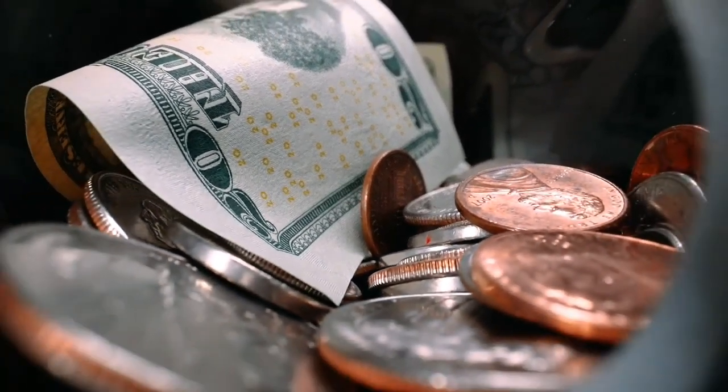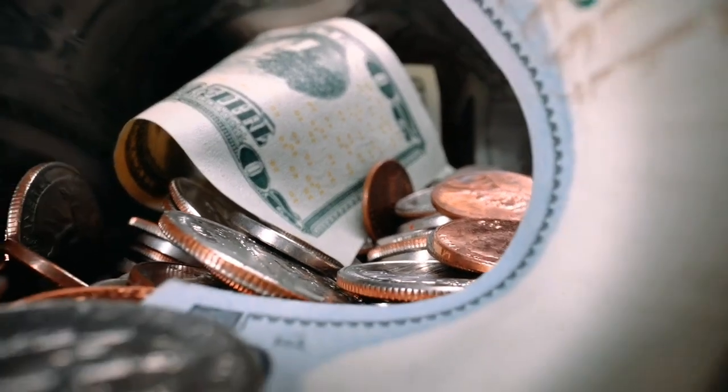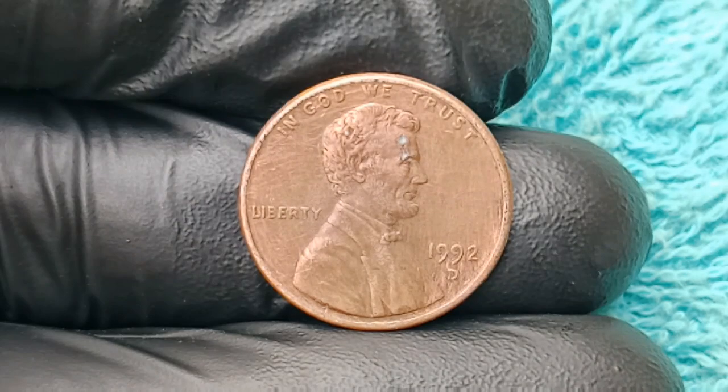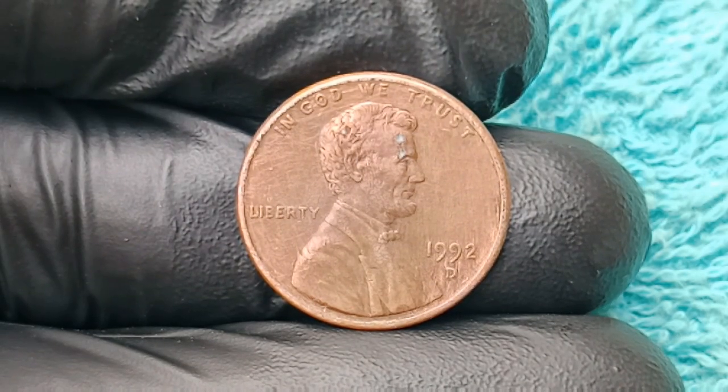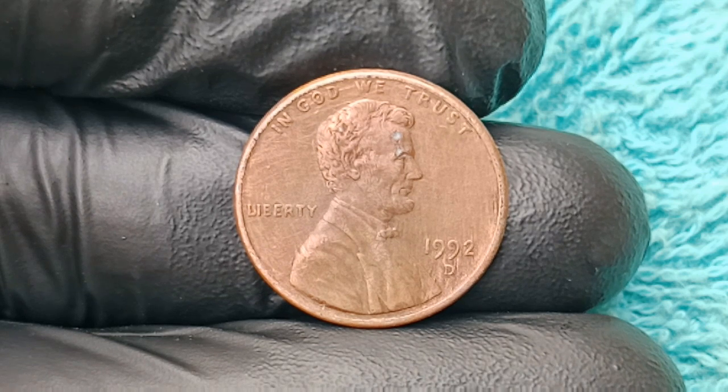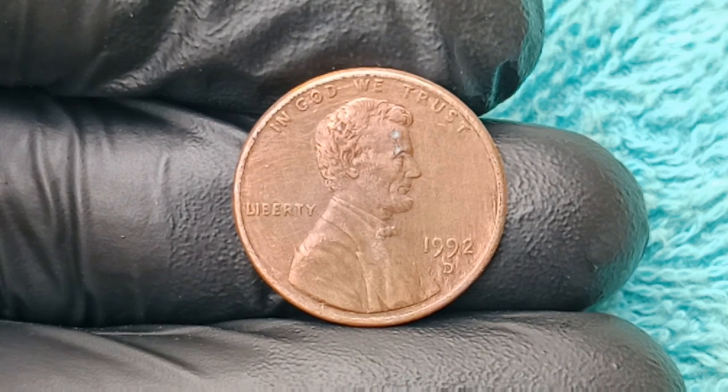Imagine finding a single penny in your pocket that looks just like any other coin, yet that exact 1 cent piece is worth an astonishing $256 million. Yes, you heard that right. A humble 1992 AD Lincoln penny, often overlooked and tossed into jars, has stunned collectors and investors alike due to